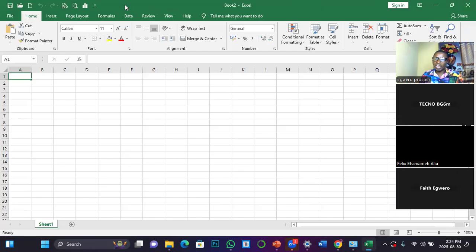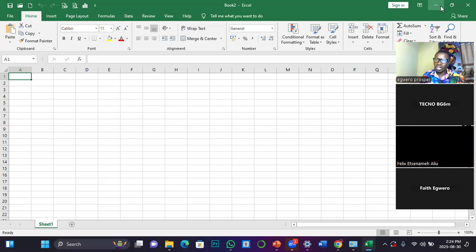displays important information to you and me, like the name of the book I'm using to collect my data. By default, Excel books are named what? Book, depending on how many of it you have opened. If you open it for the first time, it will be Book 1. If I open it again, it might give me Book 2. Then the title bar also shows us the name of the app that I am currently running, which is Excel. And then it also presents to me some navigating tools. We call them control buttons.